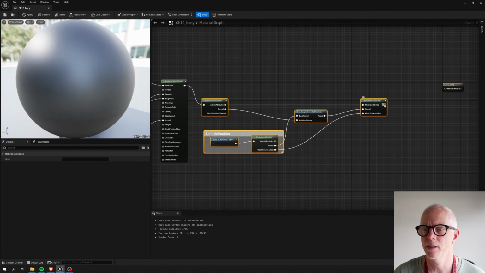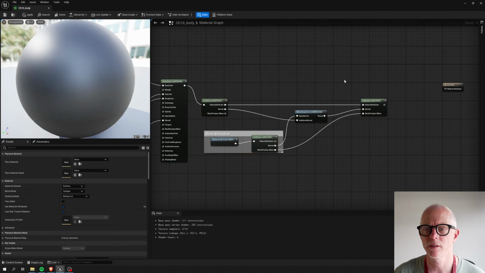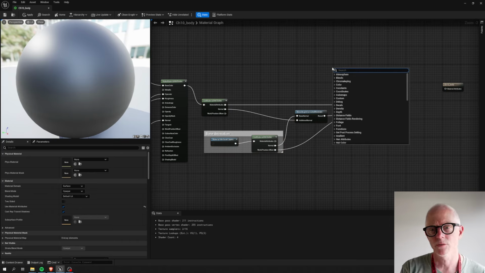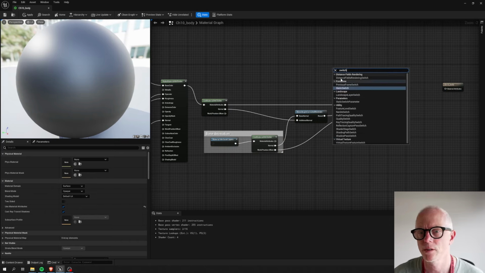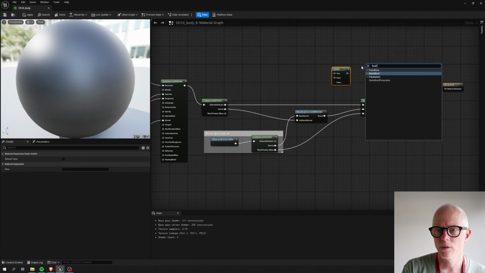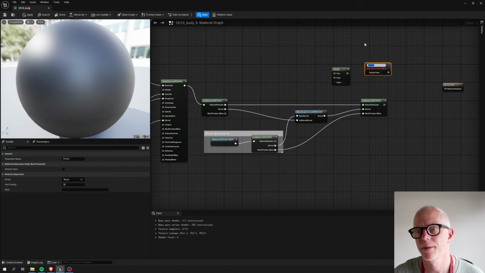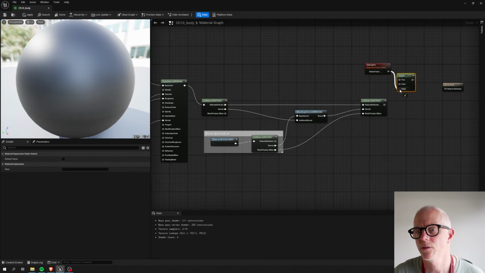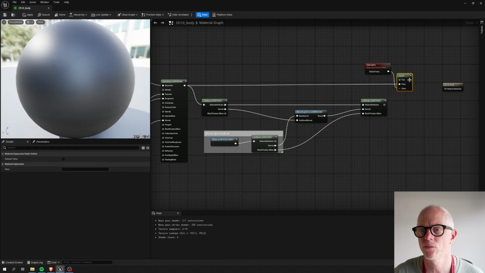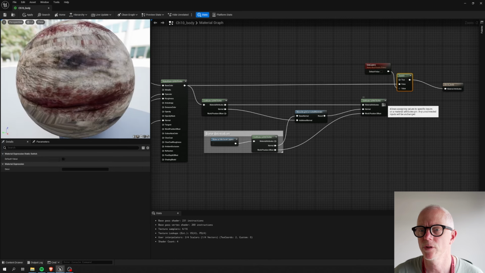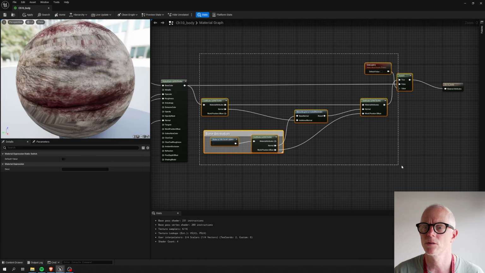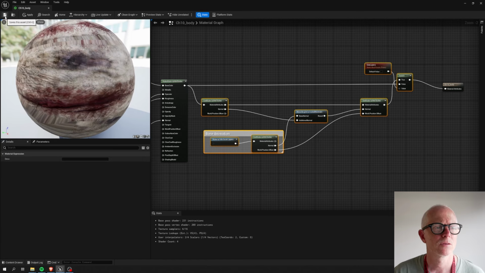And I'm also going to make a switch. So instead of just plugging this in here, I'm going to make a switch to turn the layers on and off. So we get a static switch and a bool parameter. We'll call this use layers. So that'll be what controls whether we're going to just take it straight out of here. If we don't use layers, we want to go straight out of here. And if we do use layers, we're going to start incorporating this stuff. So that's the setup. So I'm going to hit save